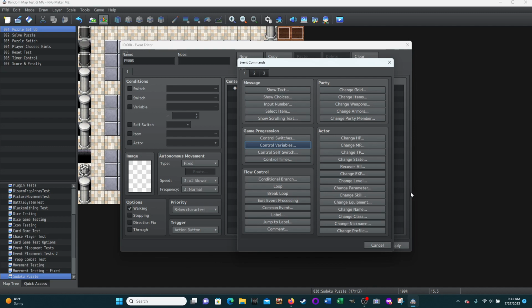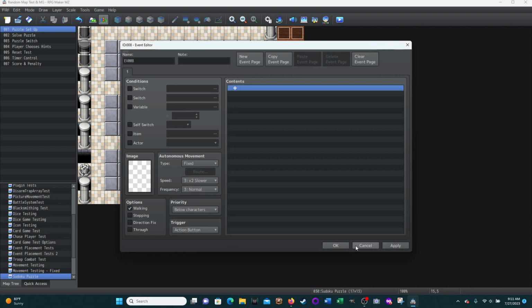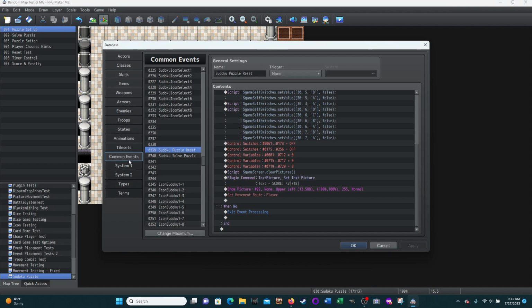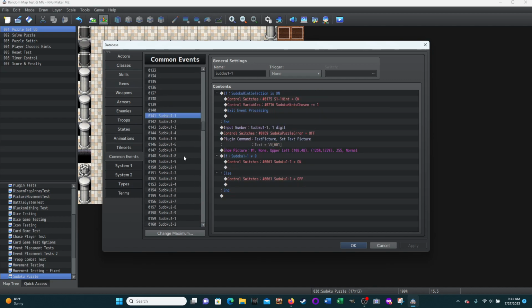Okay, but I didn't. I started making it in an existing project where I'm doing a lot of my experiments. The other thing I wanted to show is the common events. So here we have a total of 83 common events. And the first 81 common events are all about